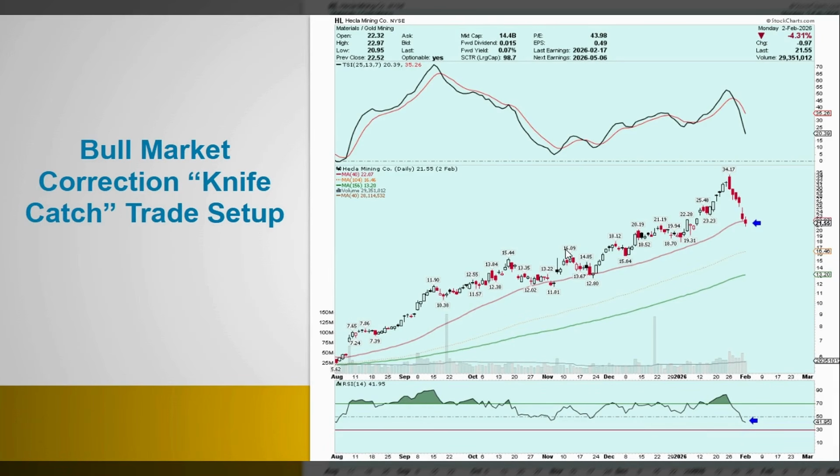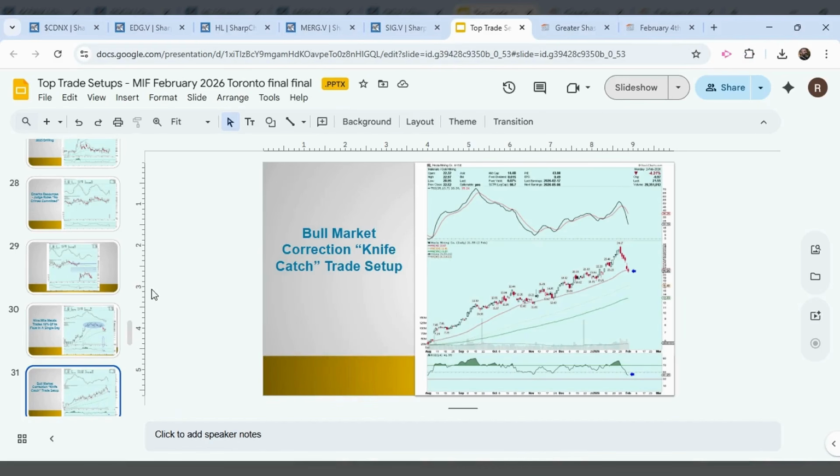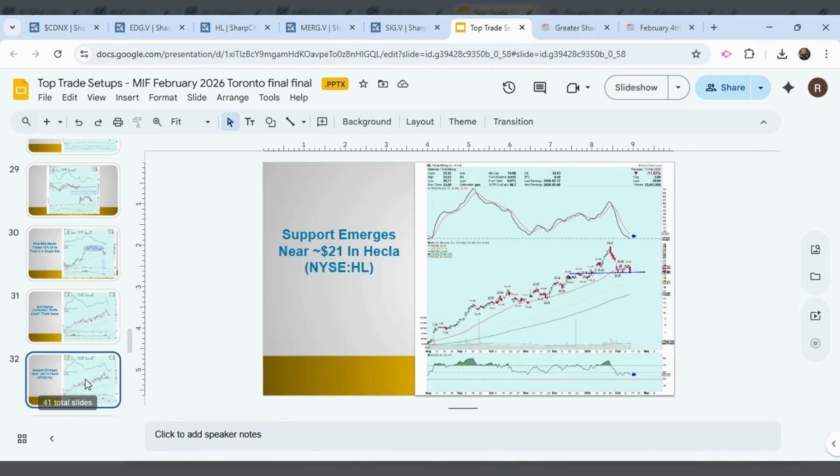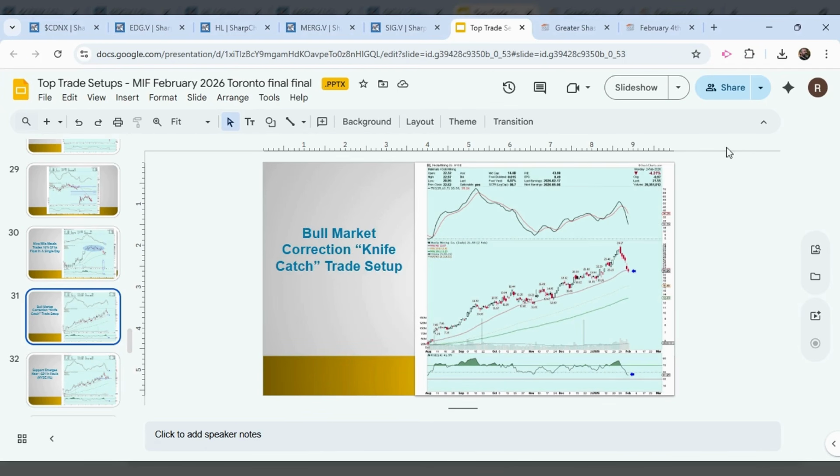Now let's take a look at a trade setup that I discussed at the last MIF, the bull market correction knife catch trade setup. Yeah, so let's take a look at this one. So Hecla,